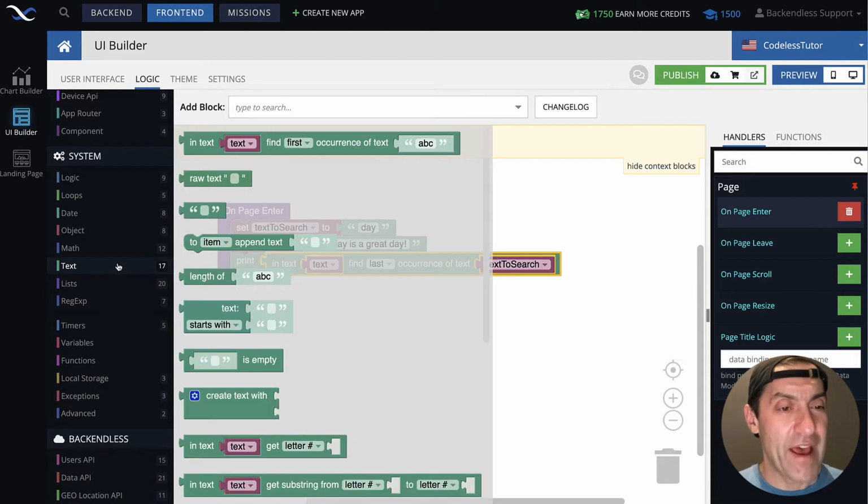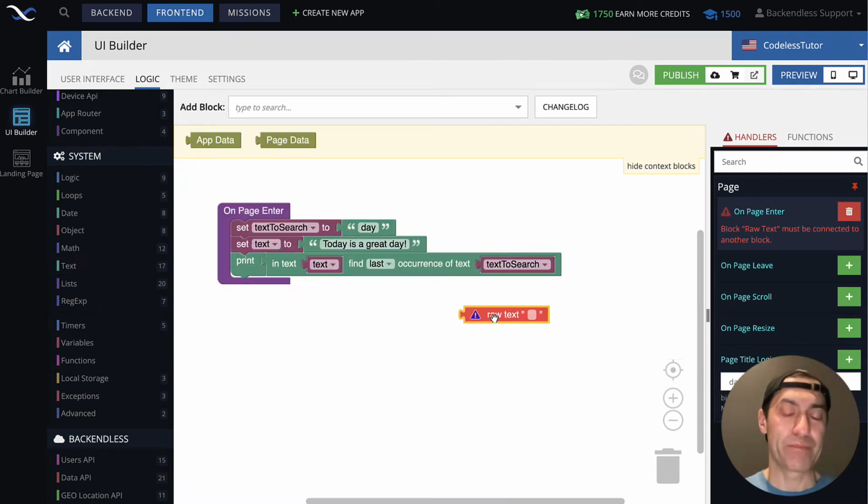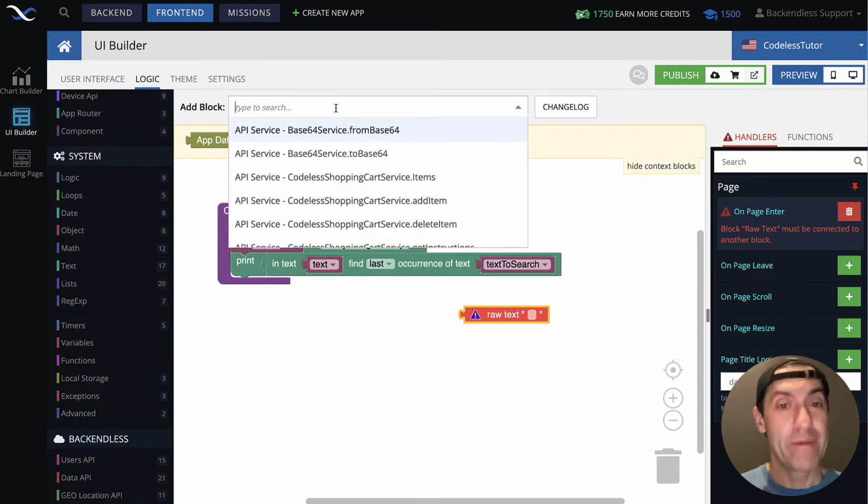Let's see what else we have in the text category. Raw text. So raw text is useful whenever you need to print out or use text that has line breaks. In all examples so far that we have used, when we put the text, it was really just a one-liner. But in raw text, we can actually have a special character that will instruct Codeless to do the carriage return.